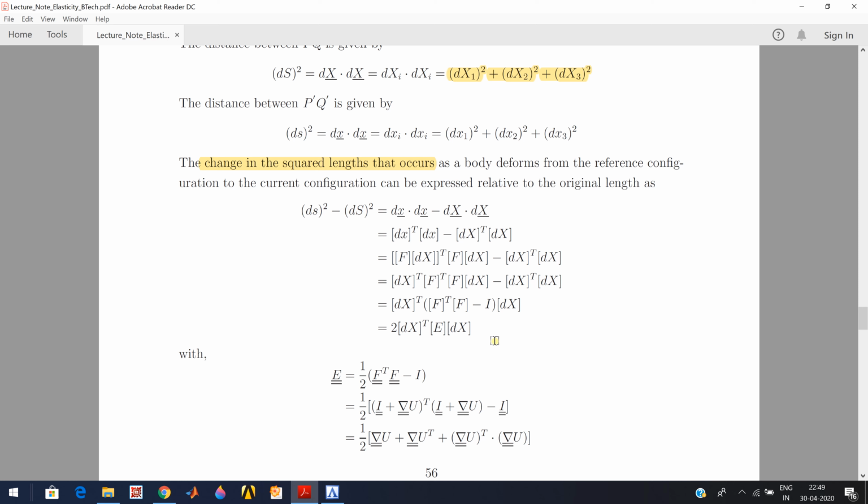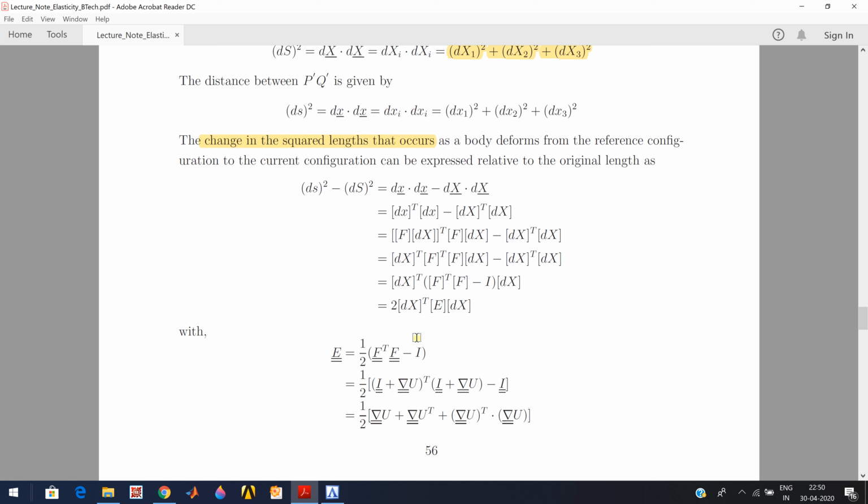So if we discuss later, from the Green strain tensor definition, if we try to relate the engineering strain definition, then if we introduce this 2, we will directly get an equivalent relation easily. So that's why this 2 factor is introduced. So now you can see